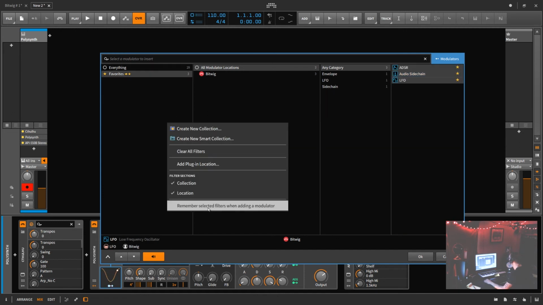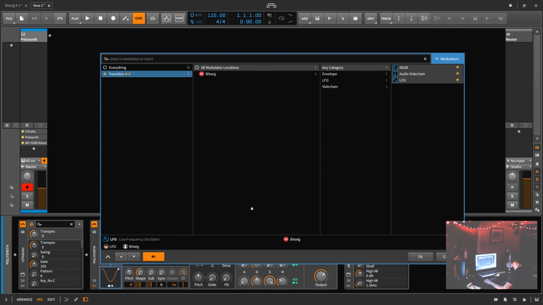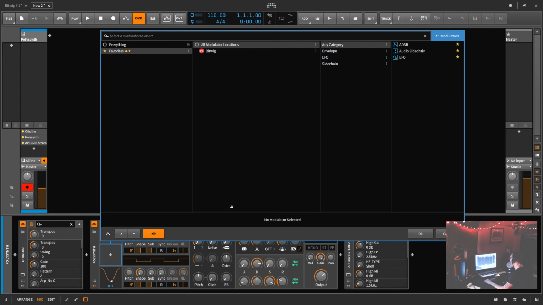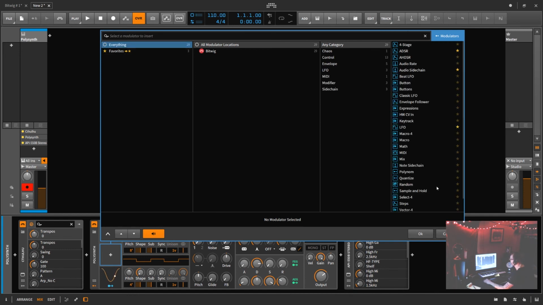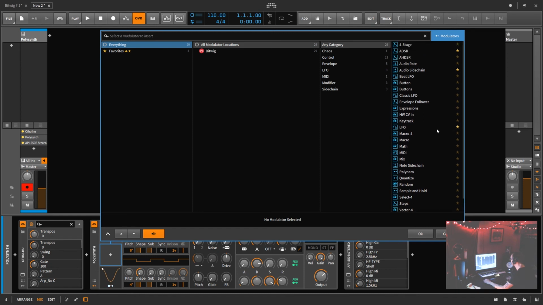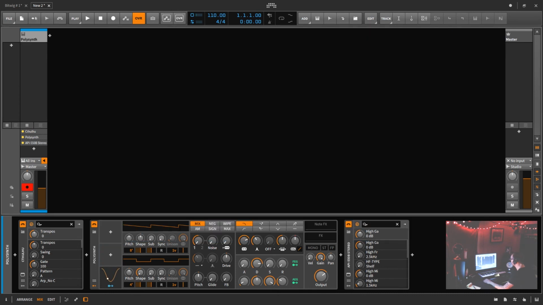And now remember selected filters when adding a modulator. Okay, so I'm going to click on that. So now whenever we click on the modulator, it's just going to show us those 3. That's a little bit better than seeing like a million modulators. Now, I haven't created a favorites list yet for the modulators, but that's something that's kind of on my list of things to do. Create a favorites list, because basically what you can do is whenever you add something, like